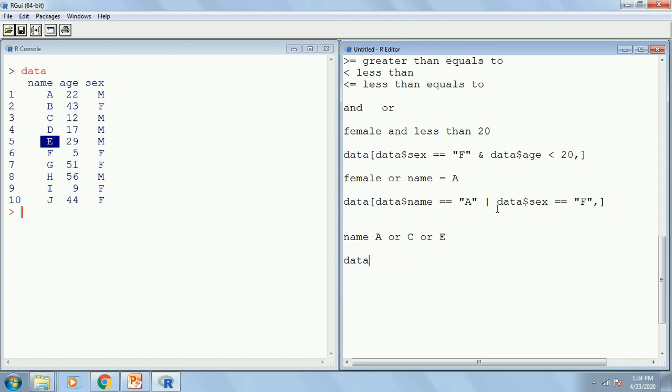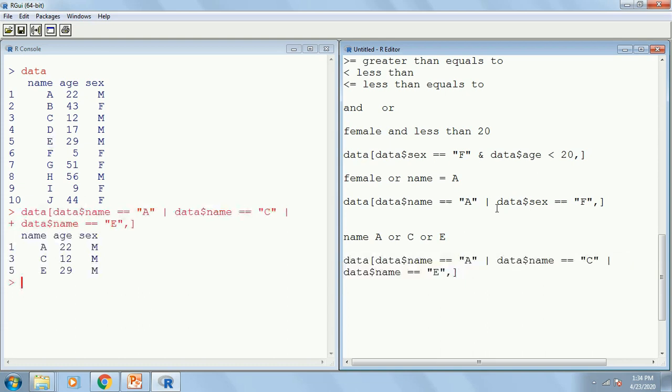Then how will I write it? Data comma data$name equals to A, or I will copy this statement, or C, or E. In this way I will write them.